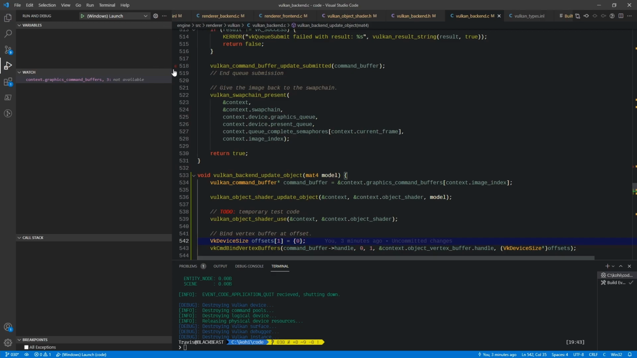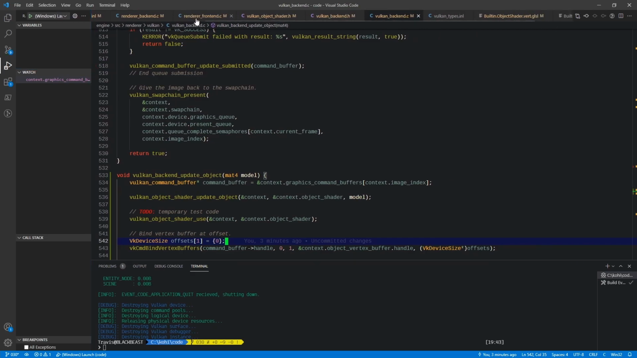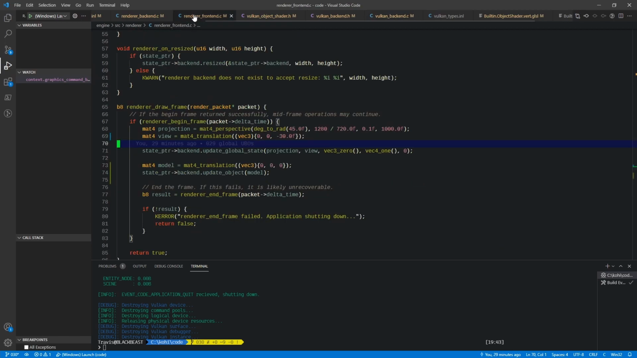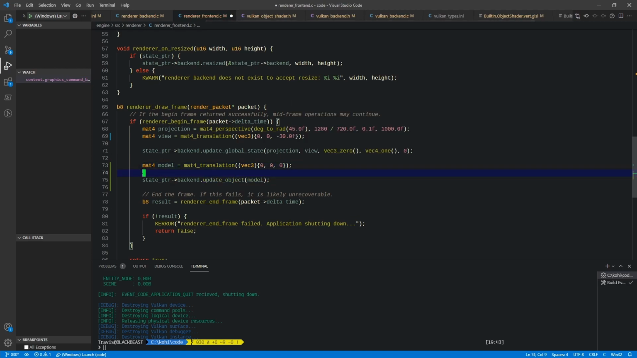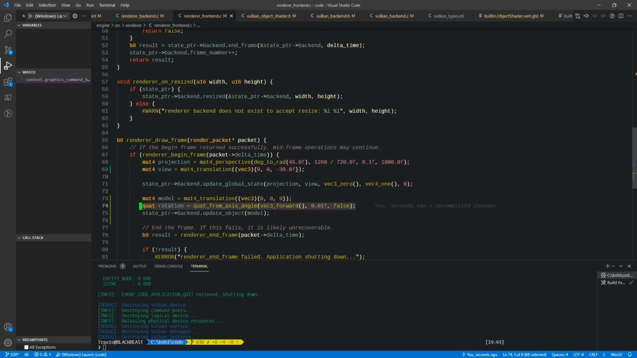So to prove this, I'm going to go back into the front end, and we're going to modify our model a little bit, right? So what we're actually going to do is we have our model here. Okay, and so we're actually going to change up our model matrix a little bit, and we're going to do some rotations. So we're going to take a rotation by saying quat from axis angle, right? And our axis angle we're going to use is forward, right? So we're basically going to rotate this on the axis that's facing into the screen. Okay, and we're going to rotate just a little bit at a time,